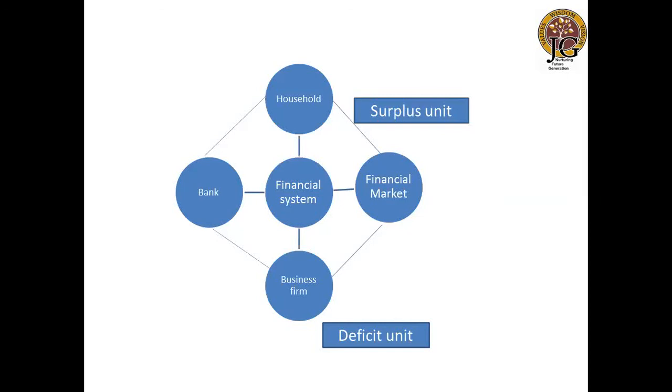So according to this diagram, you can understand that we are the people under the head of household. We have either invested in the bank or in the financial market. And if the business unit needs money, where will they get it from? They will take it from the bank or from the financial market. So the same place where we have invested, from there the business firm will take that money